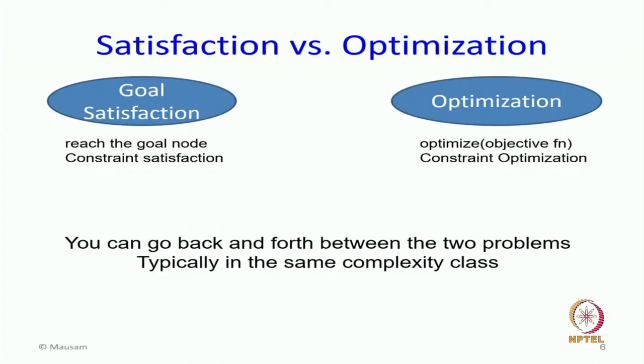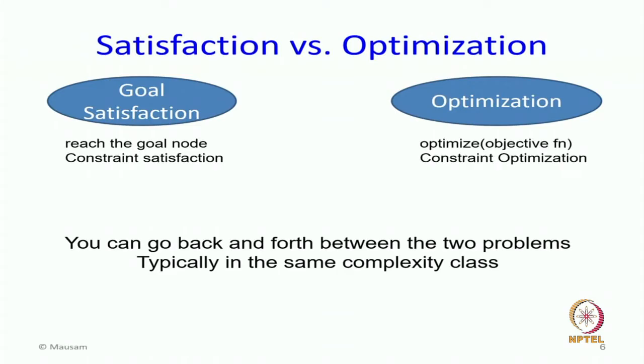I have some constraints and I want to satisfy all such constraints. Can I cast it into an optimization framework? How? Let us say I give you a set of constraints C1 to Cn and my goal was to find a state which satisfies all of them. On the other hand, now I am interested in an optimization problem. Can I cast this original problem into an optimization framework?